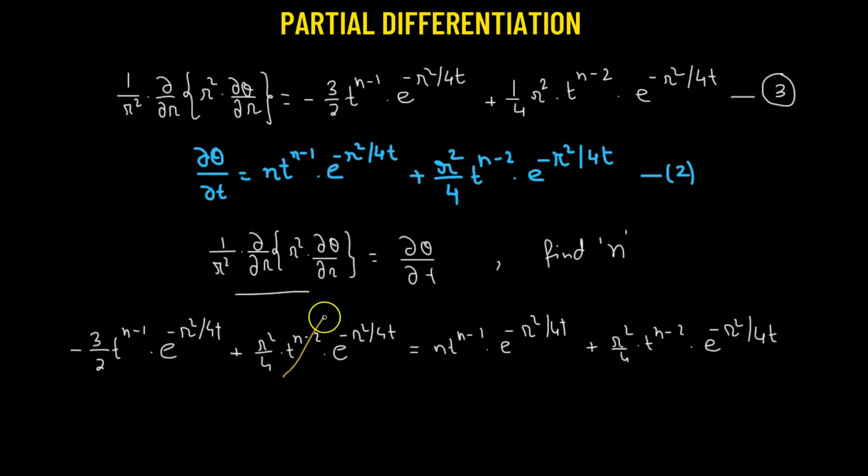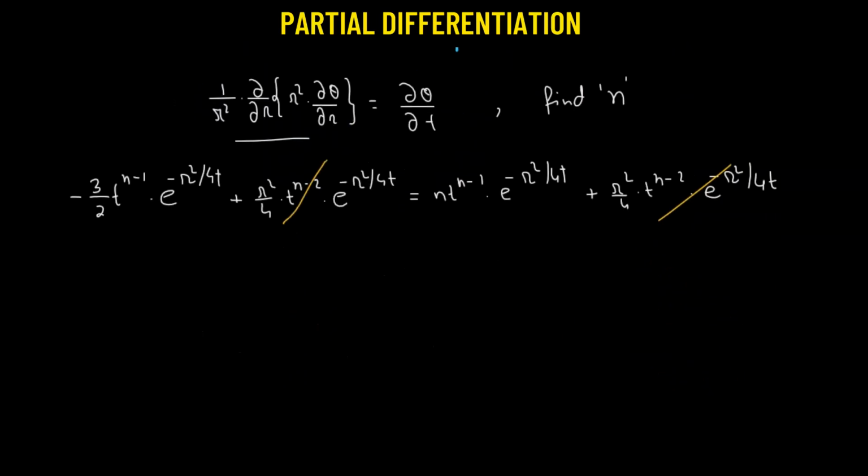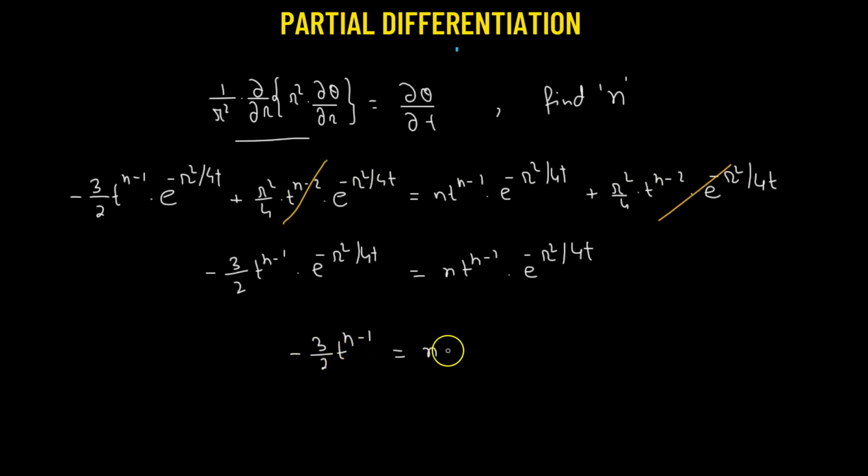So here we see that the second term from the left side and the second term from the right side cancels out, and then we are now left with negative 3 over 2 times t raised to the power of n minus 1 times e raised to the power of negative r squared over 4t, which is equals to n times t raised to the power of n minus 1 times e raised to the power of negative r squared over 4t. So similarly, from this expression, we can say that negative 3 over 2 times t raised to the power of n minus 1 must be equals to n times t raised to the power of n minus 1, which gives us negative 3 over 2 equals to n. Hence, we can say that our final value, therefore, n will be equals to negative 3 divided by